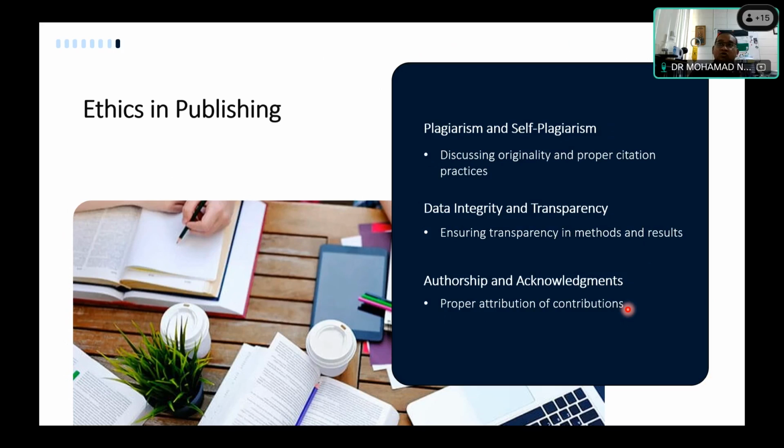I also received an email from somebody overseas asking to put their name in my publications, and they were willing to pay me. I said no, I don't like to do that. Please be aware, you will receive this kind of email if you are working in academia. Money can cost you a lot. So these are the three unethical practices about publishing: plagiarism, integrity, and authorship.